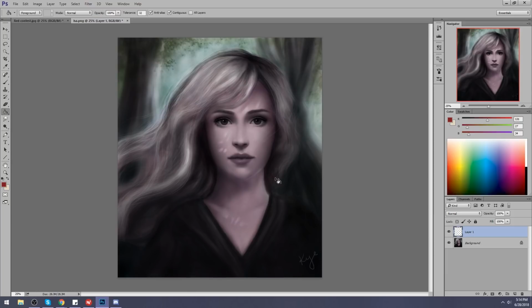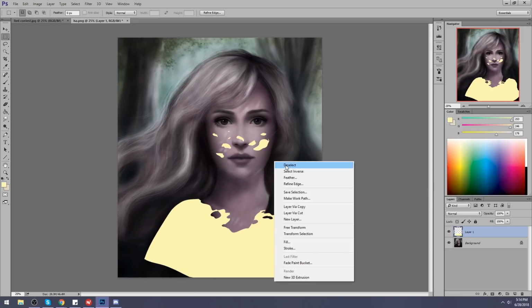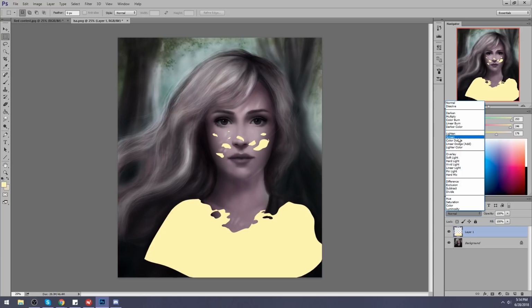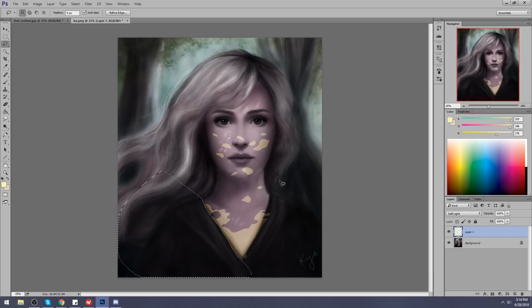So what I'm going to do now is going to be a little bit freaky at first, but you'll see. Soft light. Alright, I'm just going to add a bit more. Okay, and then if she's wearing black, she's just wearing black. Oops. Okay, so